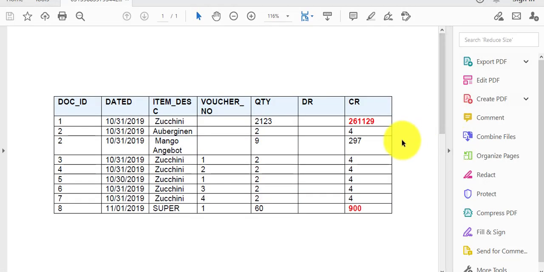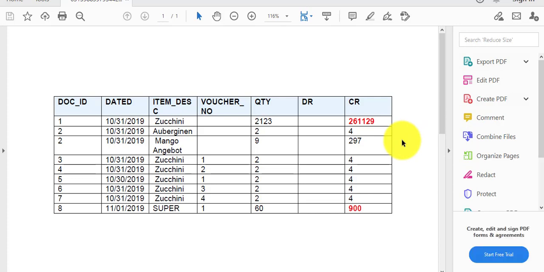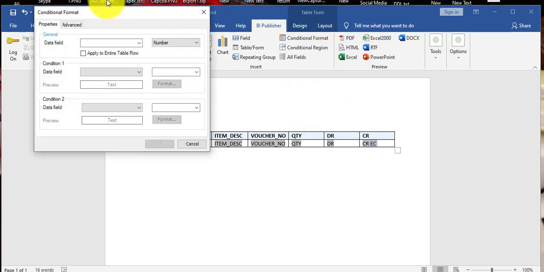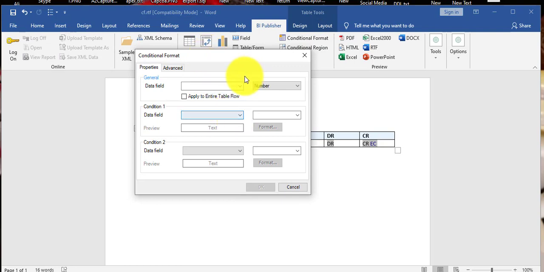You can see whichever field has an amount greater than 500, the conditional formatting is applied on that amount. So I'm assigning another conditional formatting on quantity, less than 3.